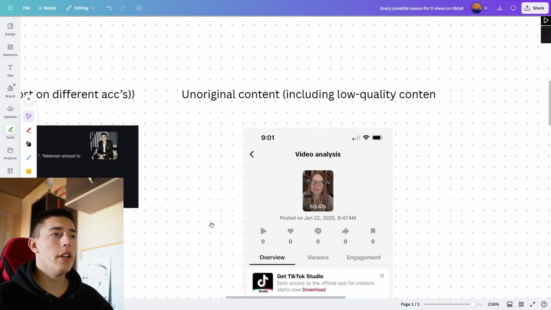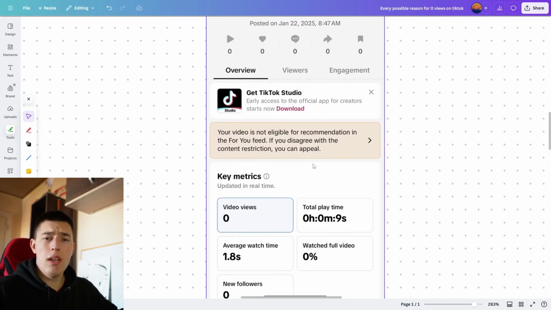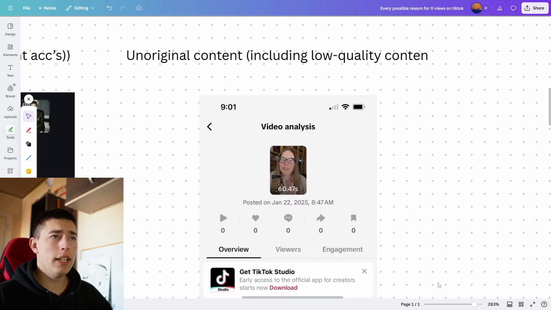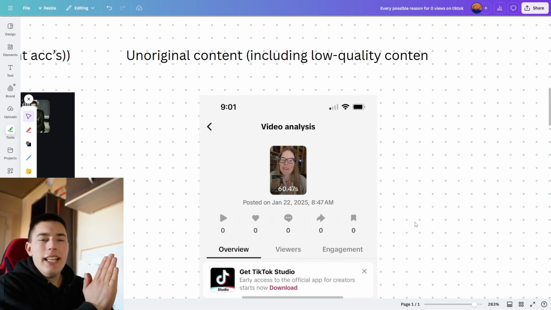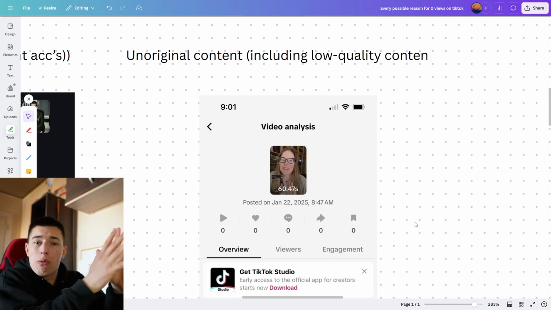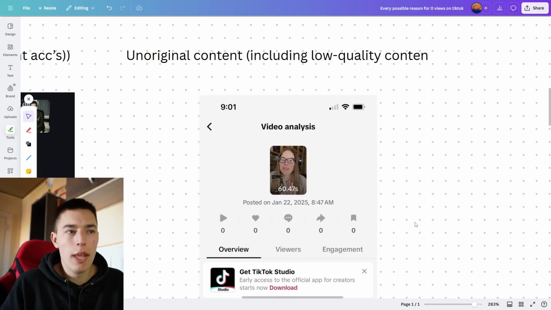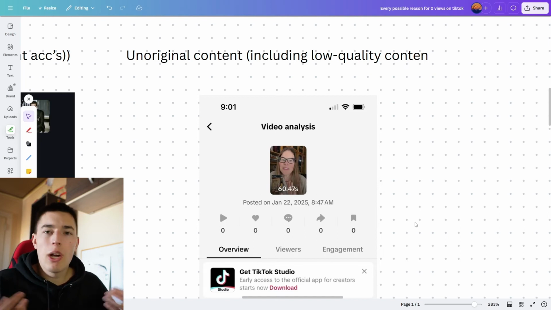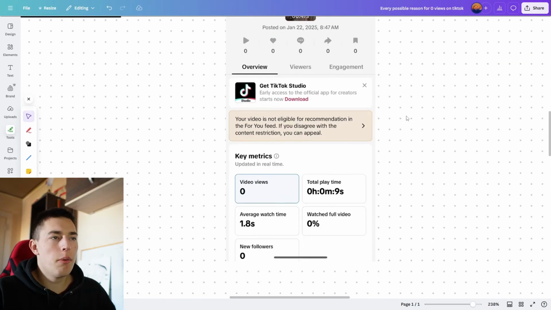Just do it smart. Unoriginal content or low quality content. Now this is super misunderstood. People think, hey, my video is high quality, it's 1080p. It's not what this means. Low quality means as in content. It's just boring. It doesn't look good. It's just a Minecraft parkour video, right? Low quality doesn't mean the definition. It means just how great it is. Maybe it doesn't mean the effort, right? It could be simple, but like the content itself, the quality of the content. And unoriginal also means that, well, the video is unoriginal.